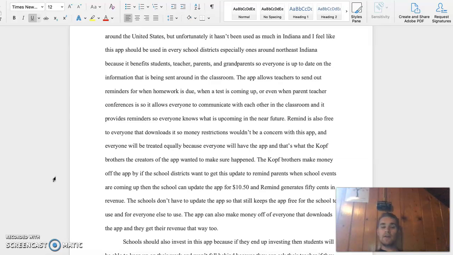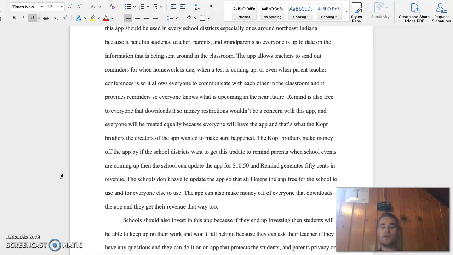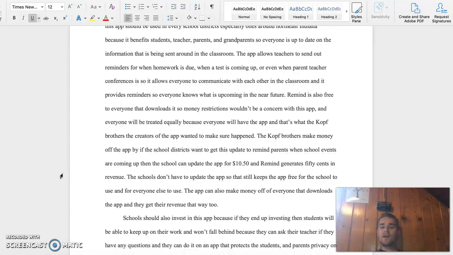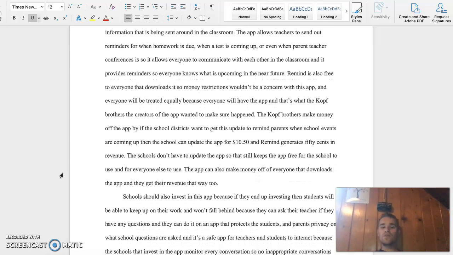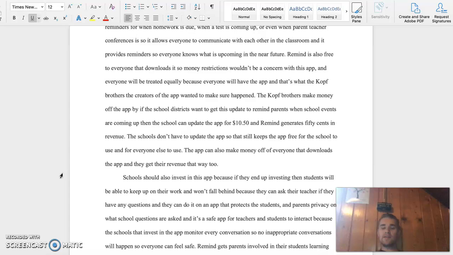The schools don't have to update the app, so that still keeps the app free for the school to use and for everyone else to use. The app can also make money off of everyone that downloads the app, and they get their revenue that way too. Schools should also invest in this app because if they end up investing, then students will be able to